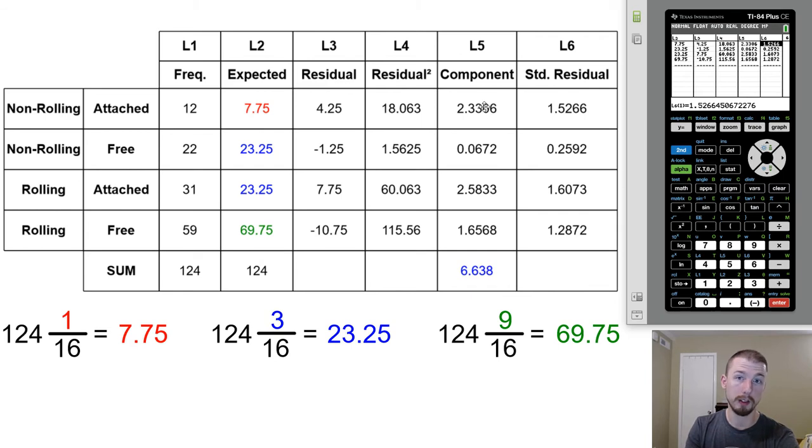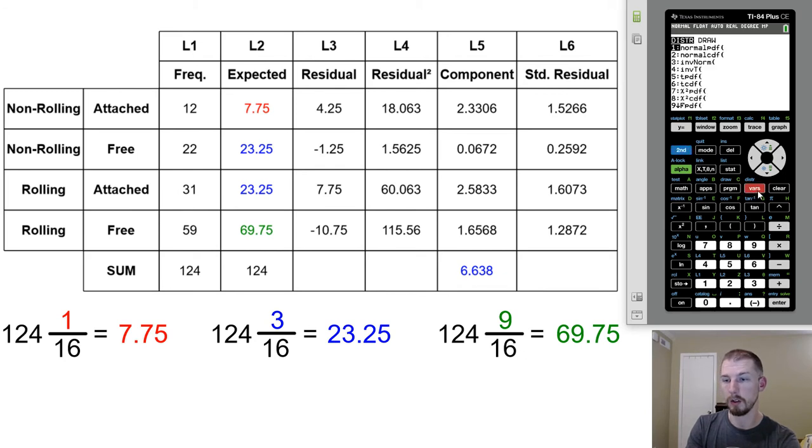So whenever we take the sum of all the components, that gives us our chi-squared statistic. That's kind of like a z-score or a t-score, but to be able to tell what's unusual, we can't just say more than 2 is unusual, because it actually changes by the parameter, whatever our family of models is for the chi-squared statistic. So as we increase more and more degrees of freedom, then that's going to increase what value we have to reach to be statistically significant. So what we do to find the p-value for that, we go to the CDF for the